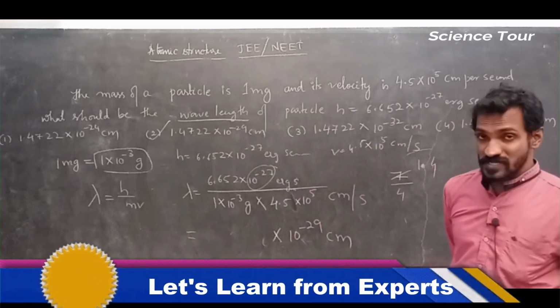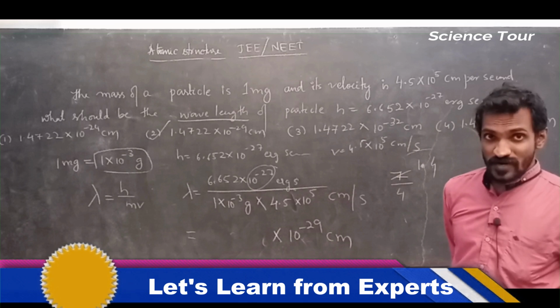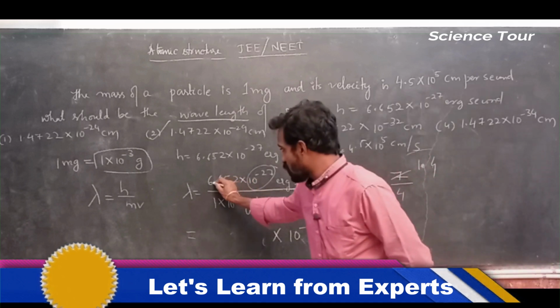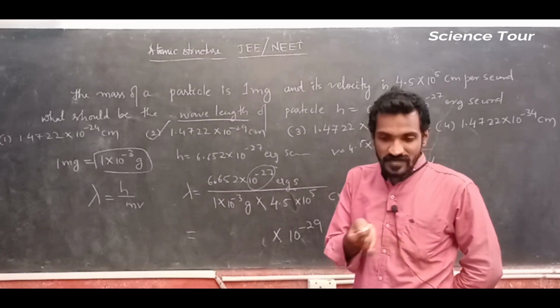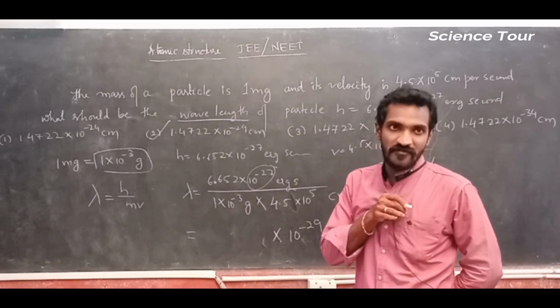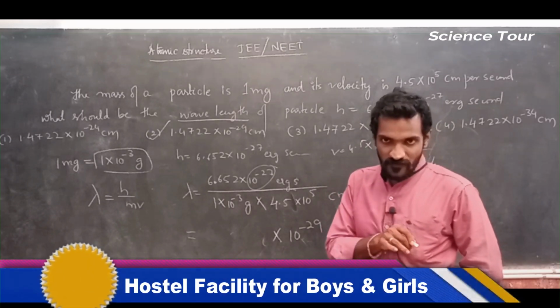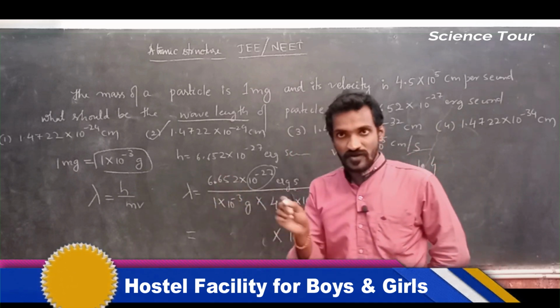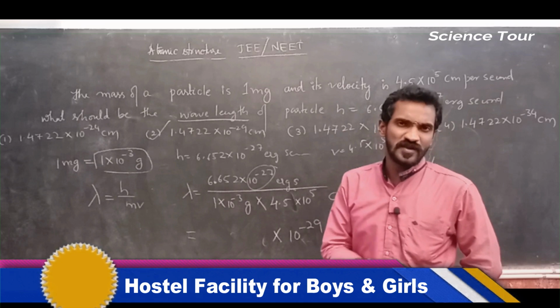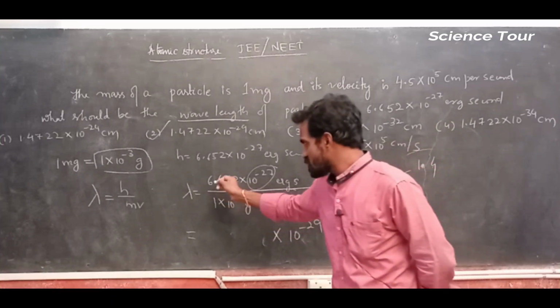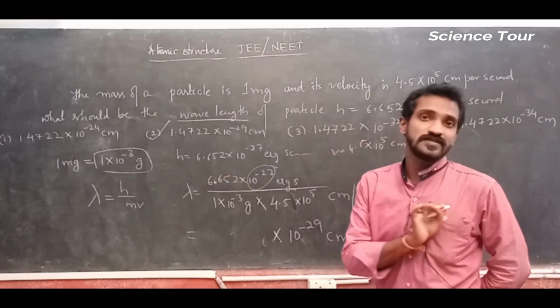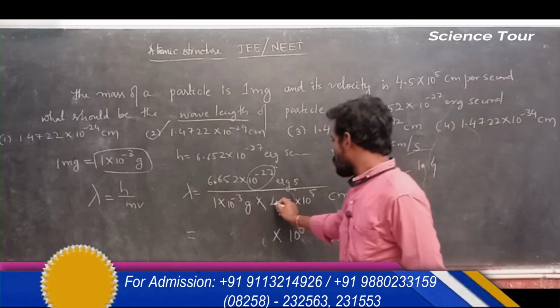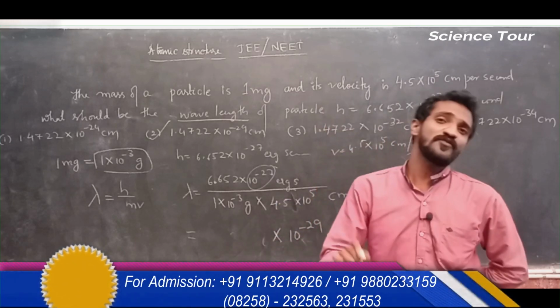So the decimal part is very difficult to calculate. So for decimals, if 6.6 is there, after the point 0.6 is there, means you consider it as 7. After the point, less than 4 is there, means you consider it as 6. Because 6.6 is there, means you have to consider it as 7, no problem, for the calculation part, understood. 6.4 is there, means 6. So here 4.5 is there, you can consider it as a 4.